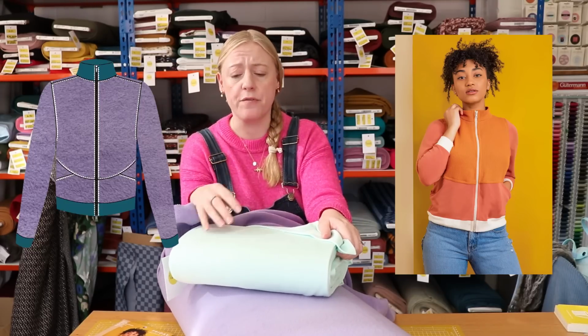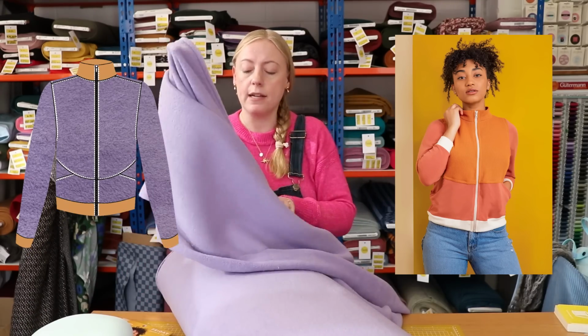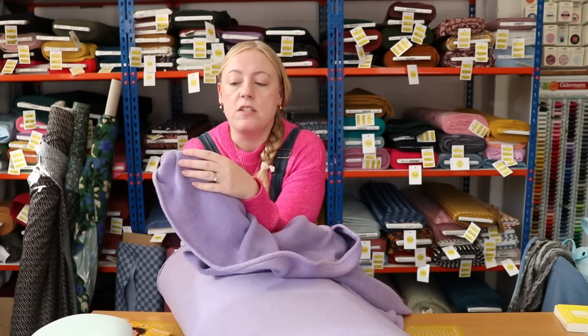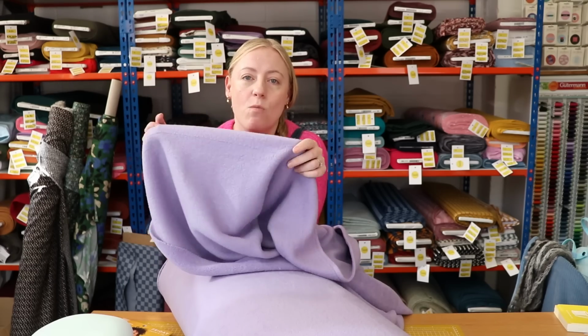We've got so many different coloured ribbing in stock, so you could have some really good fun picking out contrast ribbing for lots of our fabrics. So with this polar fleece, it's really soft, so it's soft on the wrong side and on the right side. It's really lovely next to the skin, and like I said, it would keep you very toasty and warm